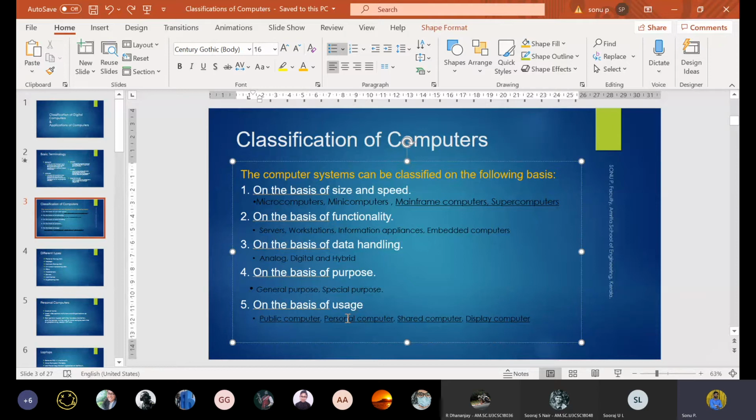And there are public computers. One example is the kiosks available in shopping malls. Any member of the public can access it without a login, where there is no authentication. No login credential is required. Just access the computer.